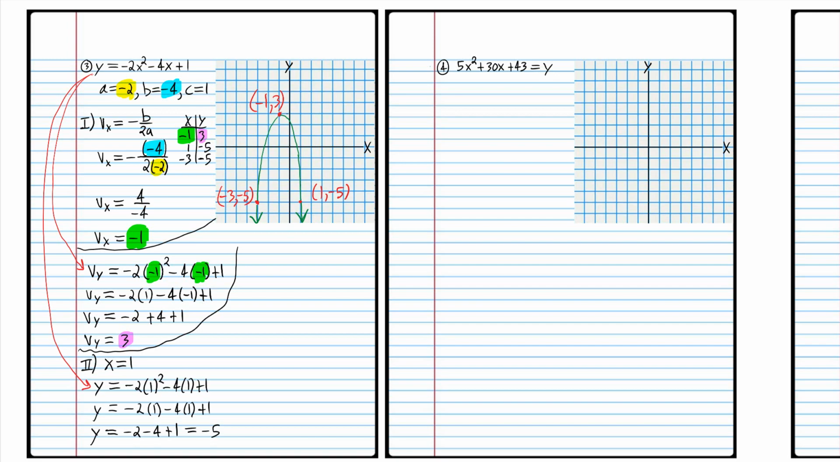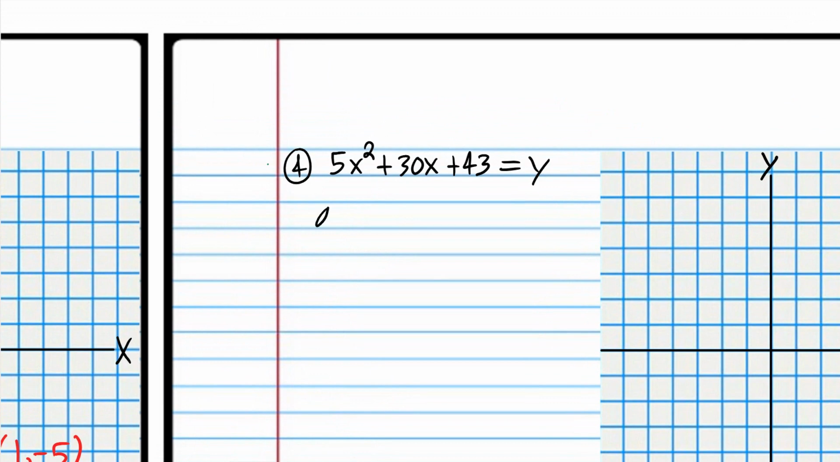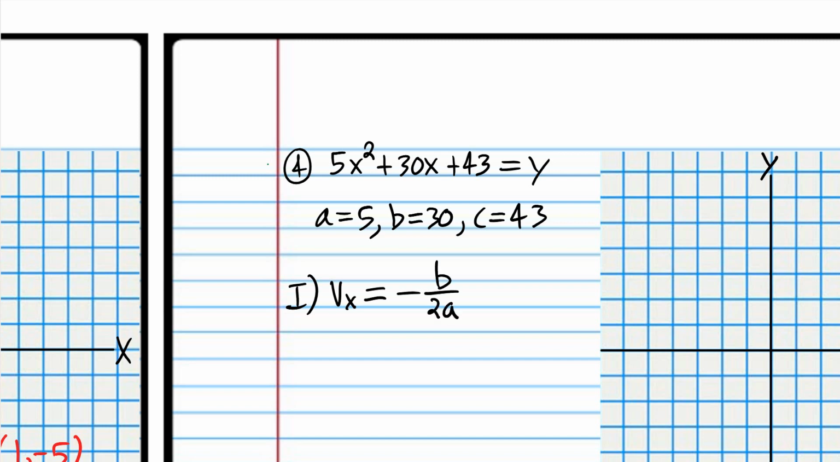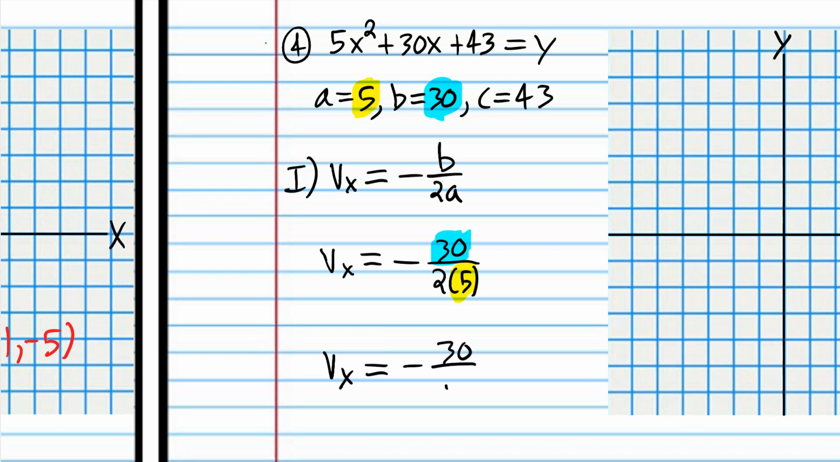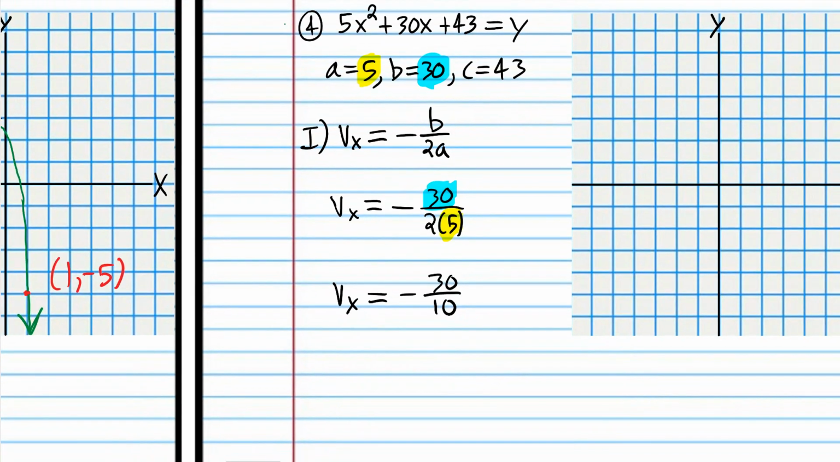All right, we're back. So let's label constants. And the first step is to find the vertex. But to do that, we first have to find the x value of the vertex, and we have to use that equation in order to do that. So the x value of the vertex is equal to -30 over 2 times 5. So simplifying that, the x value of the vertex is equal to -30 over 10, which is then equal to